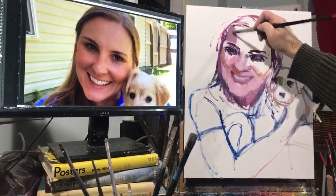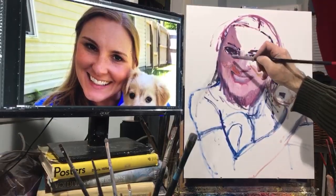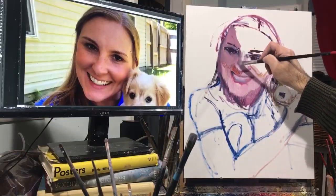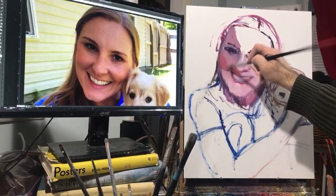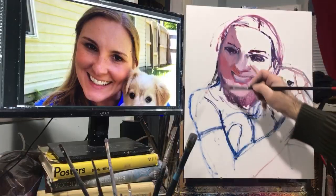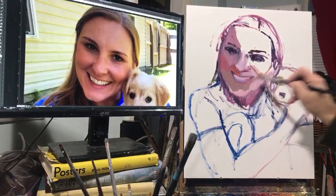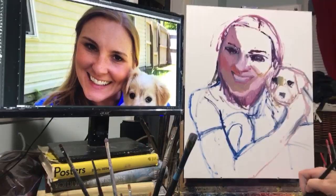I'm just going to put a mass of cooler and a little bit darker pinks, I guess. Close her eye up a little bit. I made her eyes very big and dark. She's got a little bit of makeup on her cheeks there, so I can throw in a little bit of red there, but then I want to get back to my coolish colors. And then there's going to be a little bit yellower and greens in the chin area, but I do see some lighter pinks in here. So there's not a clear cut